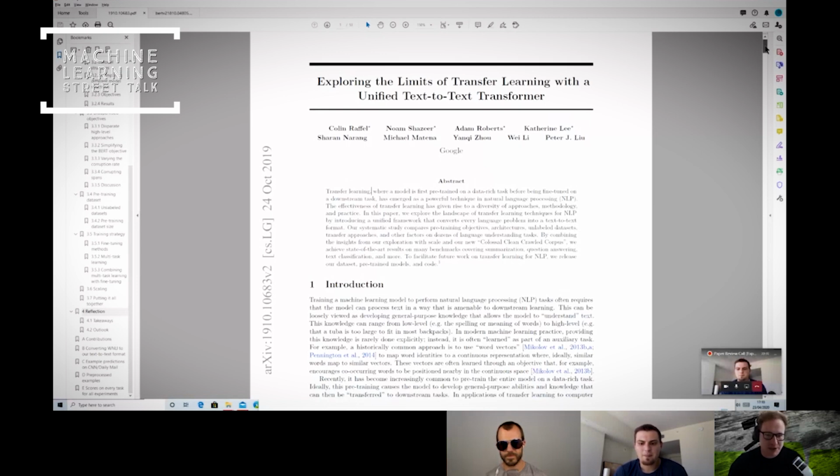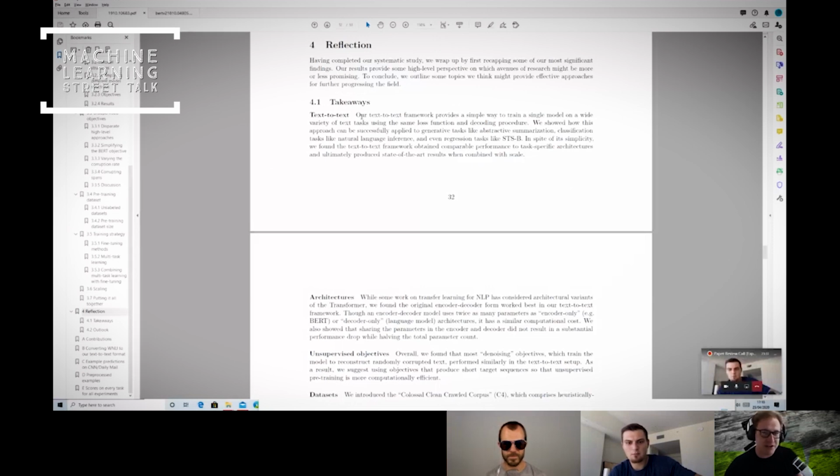Now, if we scroll down to the takeaways section, I think this is quite interesting. So the first thing is this paper introduces a new type of language model, the so-called T5 model, and it's a text-to-text model. So I'll just read this bit out here. Our text-to-text framework provides a simple way to train a single model on a wide variety of text tasks using the same loss function and decoding procedure.